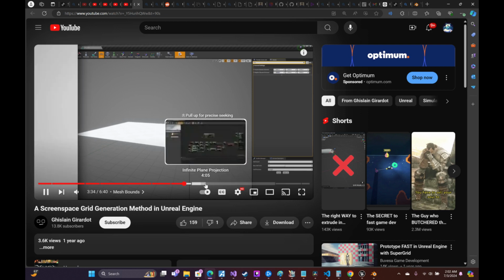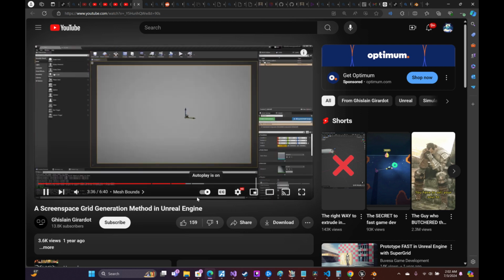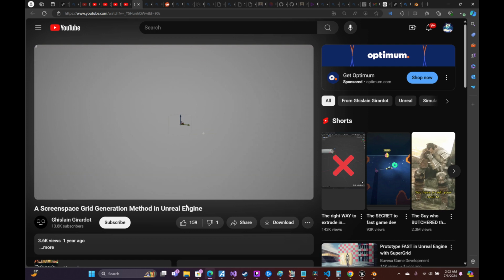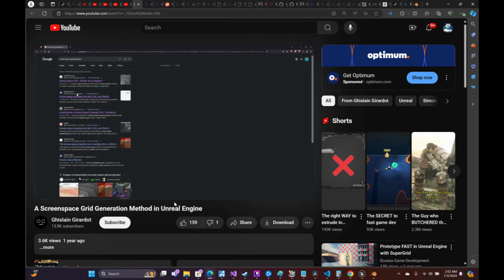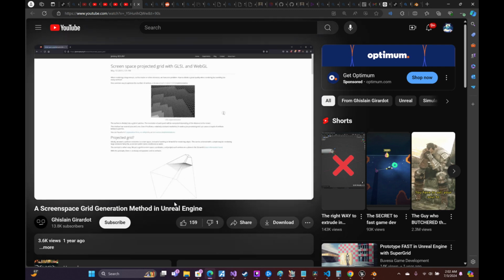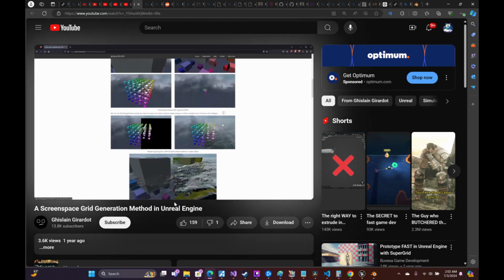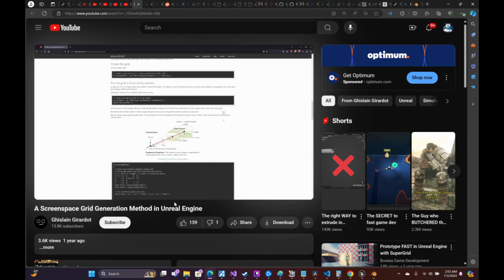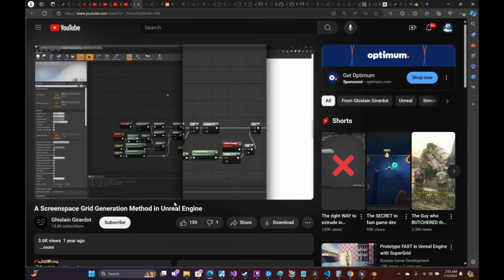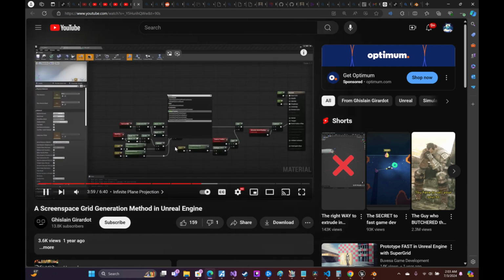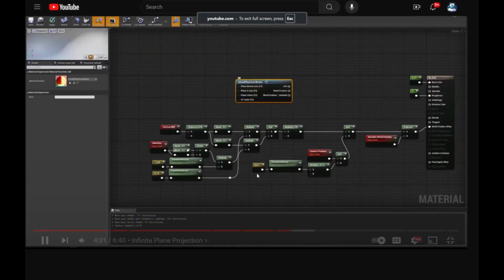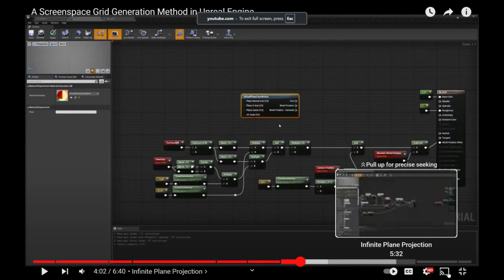That plane is now projected in screen space, and if I were to add any object in the world, well, I wouldn't see it, right? Because that plane is indeed right in front of the camera. And now's the time to project that screen space mesh onto an infinite plane in world space. A quick Google search gives a couple of interesting results, but most of these carry math equations and transformation matrices, and I was kinda lazy and then thought to myself, hey, UE has this virtual plane coordinates material function, and what this material function